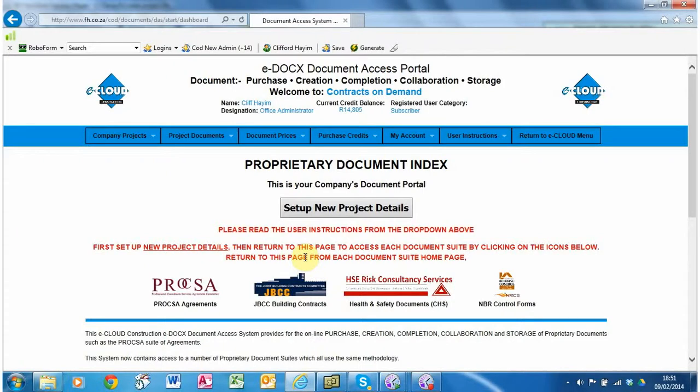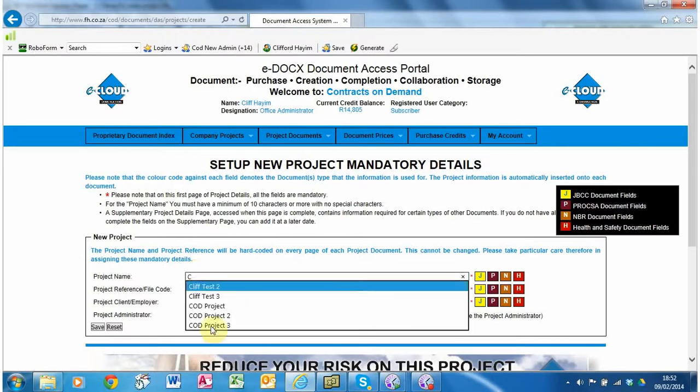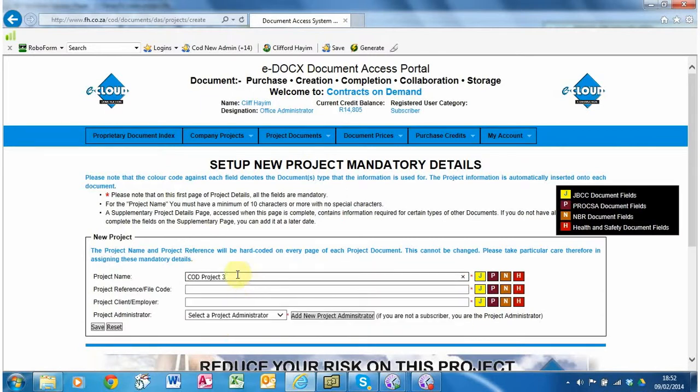To set up or create a new project, make sure you are in the proprietary document index. Click the Setup New Project Details button, and then you are required to enter the mandatory details specific for this project. So let's create a new project. Let's give it a project name, COD Project 4, let's just say as an example. Give it a code,